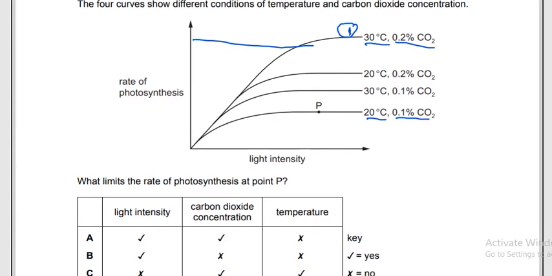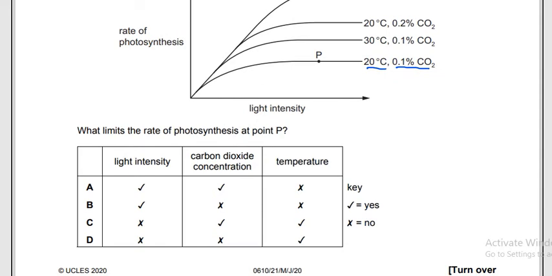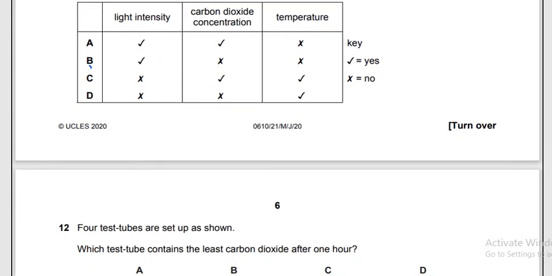So let's see. Light intensity, no, because at this point light intensity can be a limiting factor, but once you get to this point you find that the rate is constant throughout, so that would be X. But carbon dioxide will be a limiting factor because it's not the same as the optimum, and also temperature. So the answer in this case will be C. Let me circle the letter